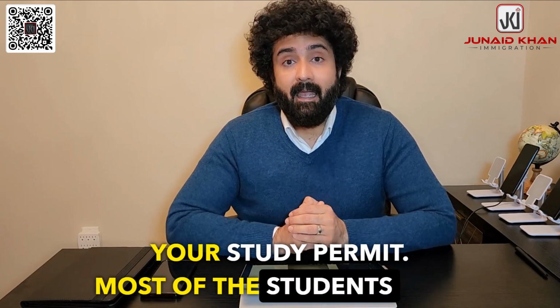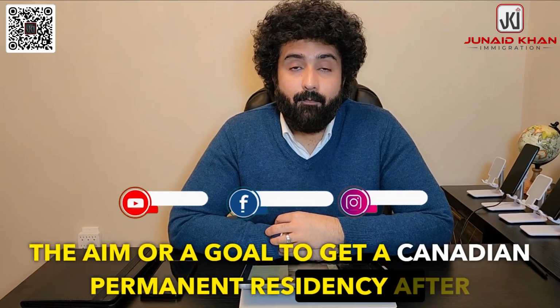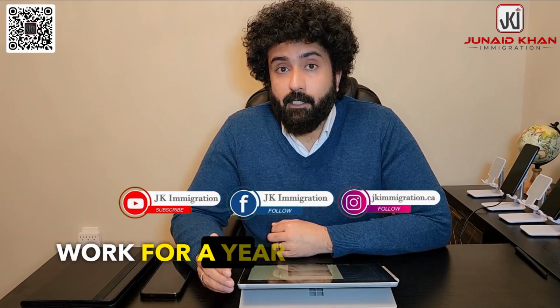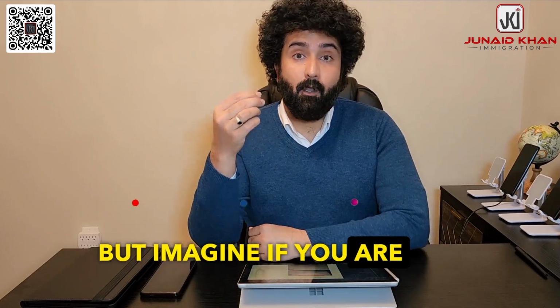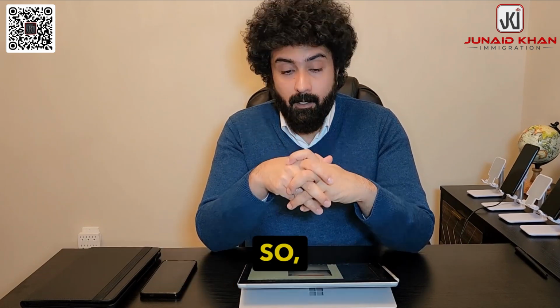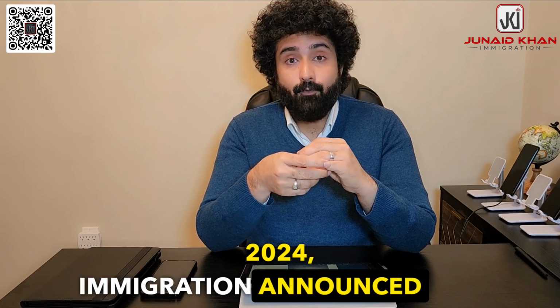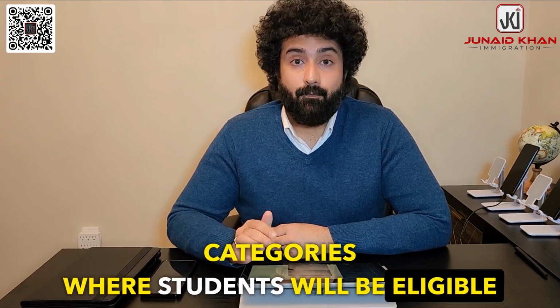Most of the students have the aim or goal to get Canadian permanent residency after finishing their education: get a work permit, work for a year or so, and then apply for the PR. But imagine if you are not getting a postgraduate work permit, then you're finishing your education and there's a full stop there. So later in 2024, immigration announced a few categories where students will be eligible for the postgraduate